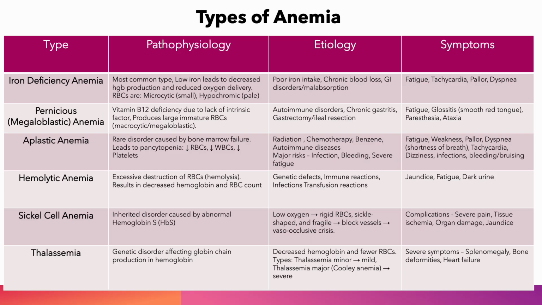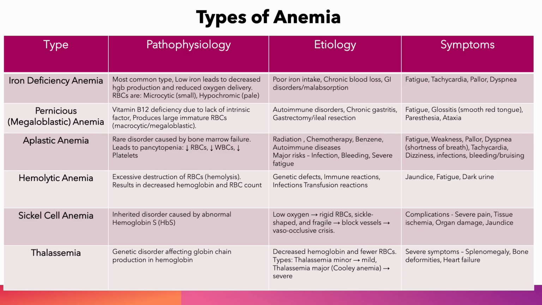Hemolytic anemia results from excessive RBC destruction. So the RBCs are being produced, but they're being destroyed, and it commonly causes jaundice. Sickle cell anemia is caused by abnormal hemoglobin and low oxygen, causing the RBCs to sickle, leading to vaso-occlusive crisis and tissue ischemia. So basically in sickle cell anemia, because they're not formed properly, they're sickled, they can't carry enough oxygen and causing